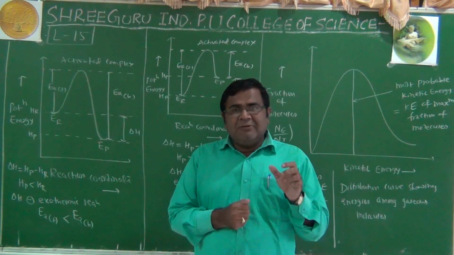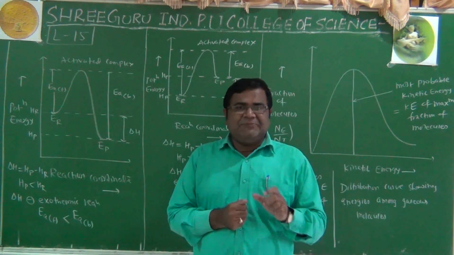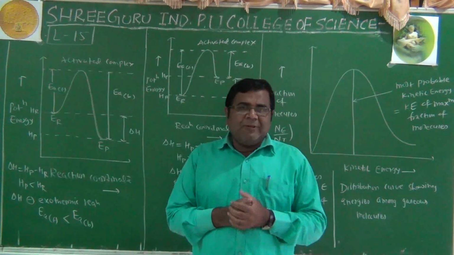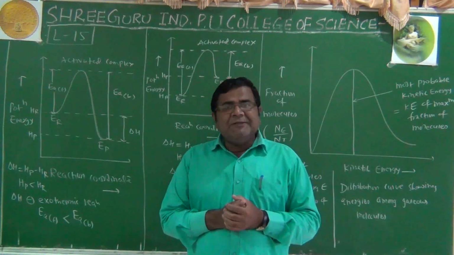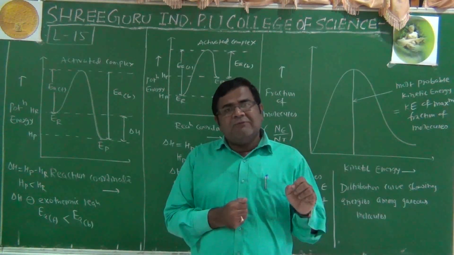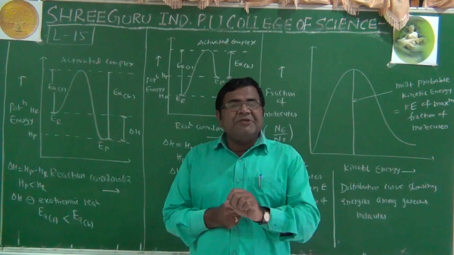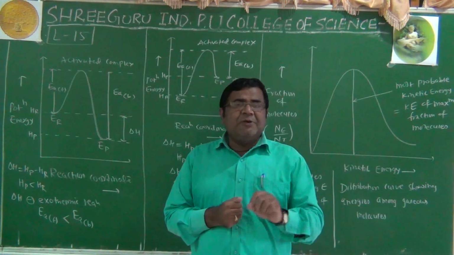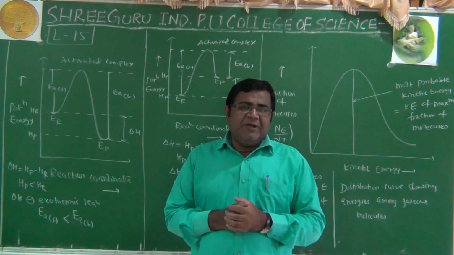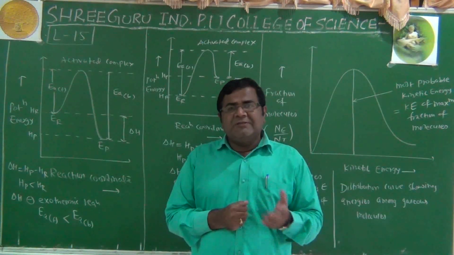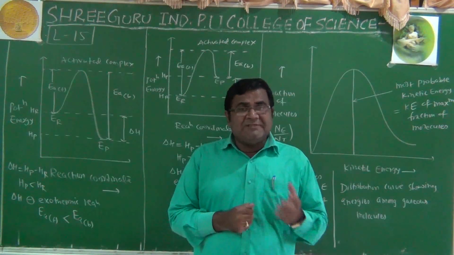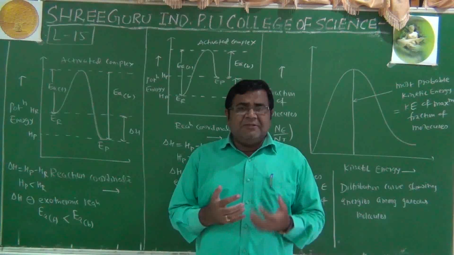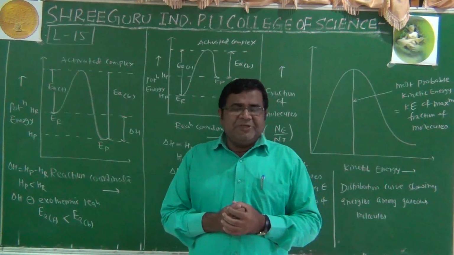We have one factor which measures it, because it should be measurable, then only its validity is more. Temperature coefficient we call it, which is the ratio of rate constant at given temperature to the rate constant at 10 degree lower temperature. And that happens to be 2 to 3. In some reaction it may be as high as 3. Then we started learning about this correlation between temperature and rate of reaction.